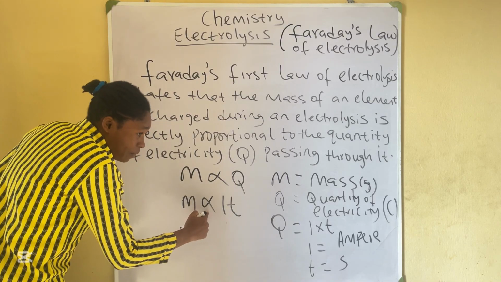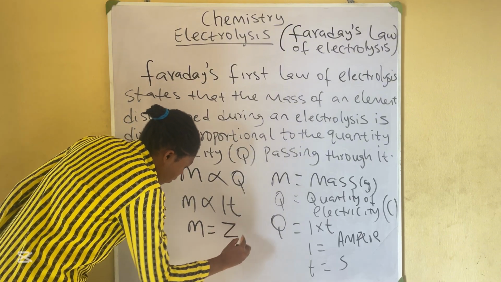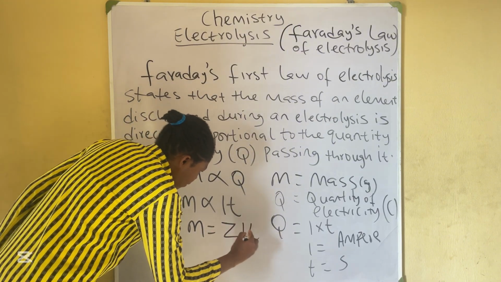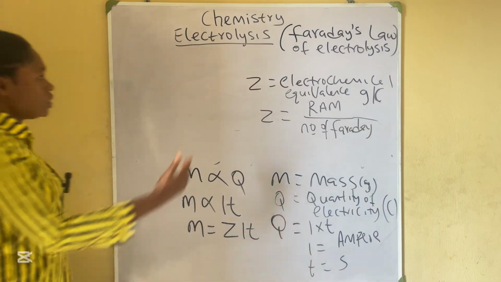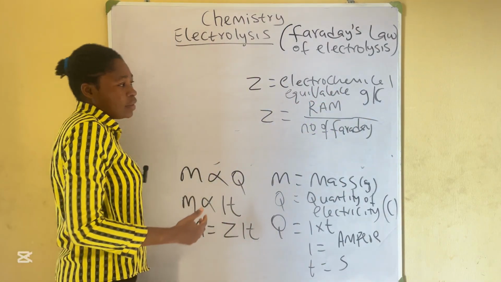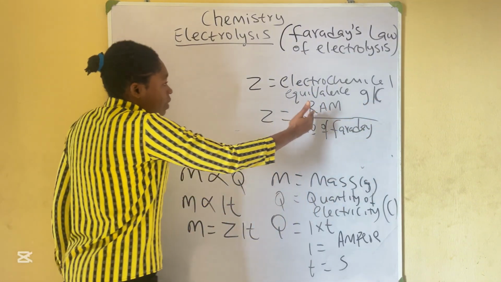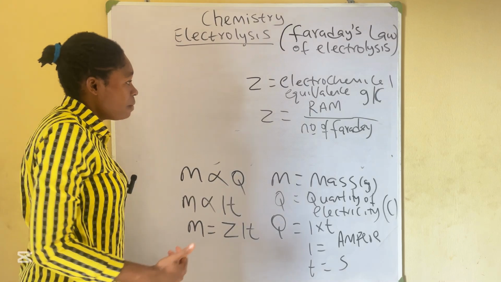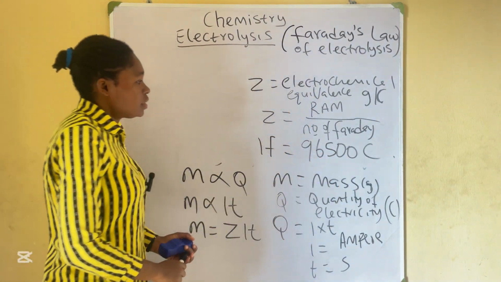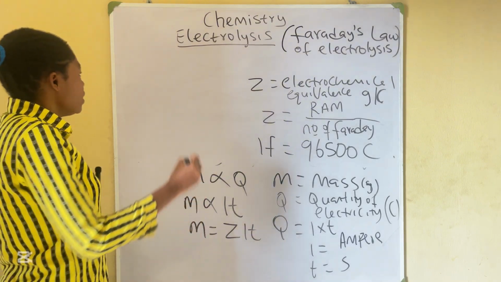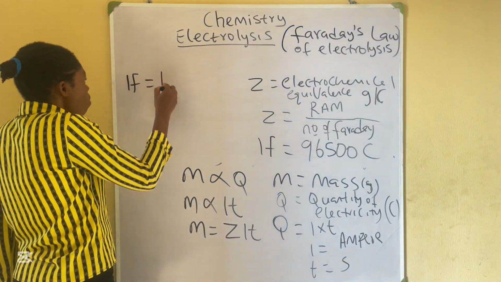If I remove this variation sign, I will introduce a constant, and that's what we call electrochemical equivalence. So this Z is electrochemical equivalence, and the unit is gram per coulomb. Z is the relative atomic mass of that element divided by the number of Faraday. 1 Faraday is equal to 96500 coulombs. 1 Faraday is equivalent to 1 mole